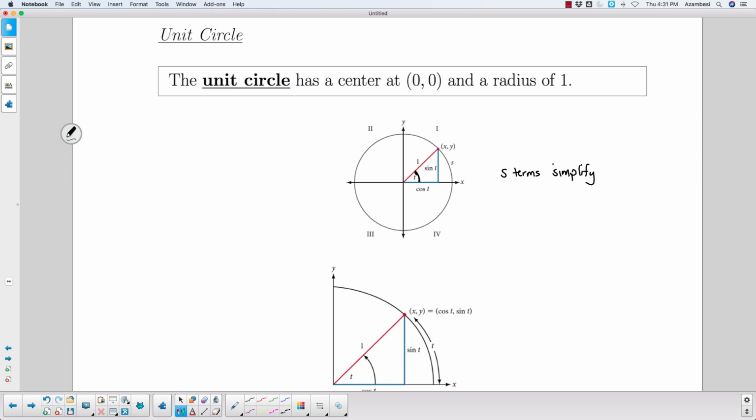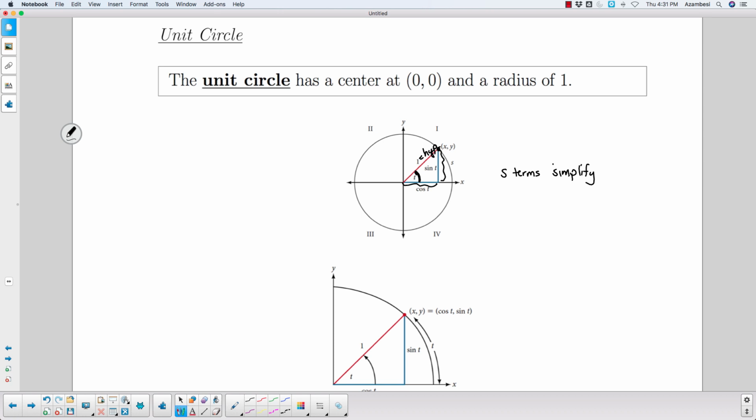Now, if you are working with this particular angle t, for example, the cosine of t, because the hypotenuse of the unit circle is 1, the adjacent side for that angle t simplifies out to cosine theta. And the opposite side simplifies out to sine of theta, or sine of t,